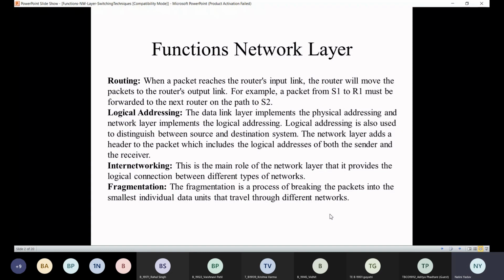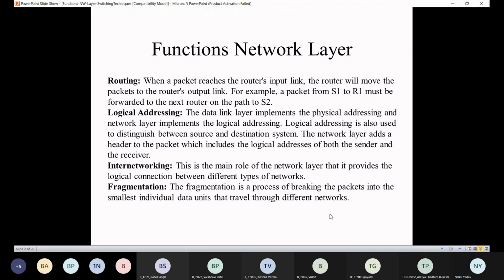The network layer adds a header, and in that header it includes the logical address of the source, that is the sender, and the receiver. So the important task of the network layer is to convert the physical address into the logical address, and then